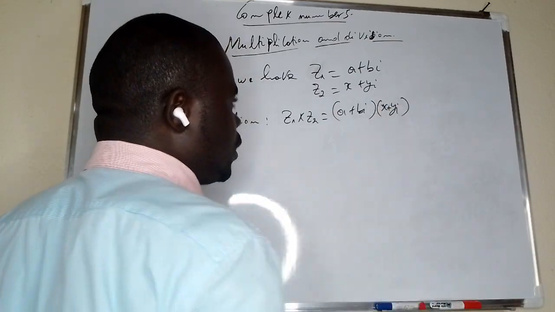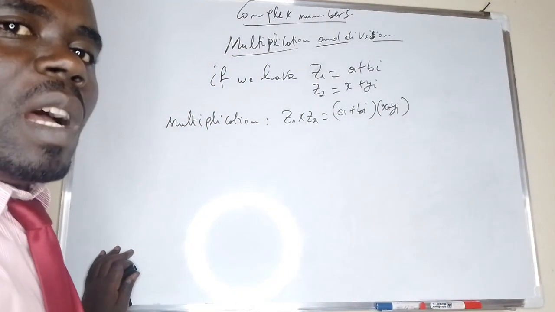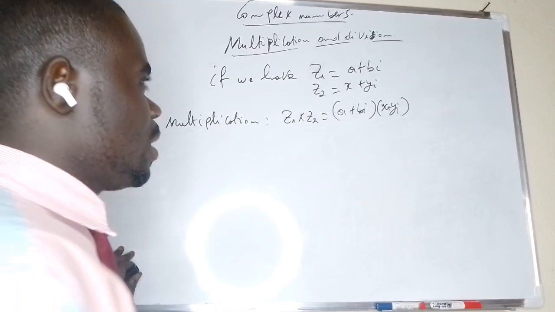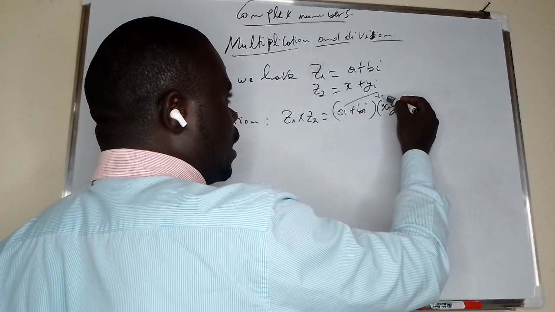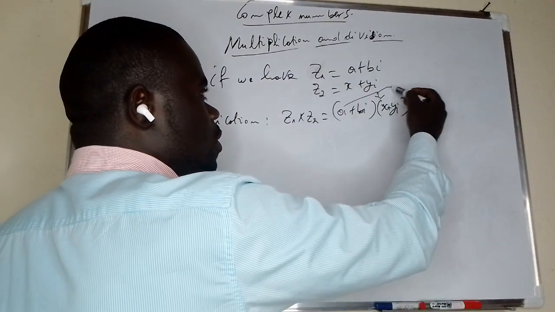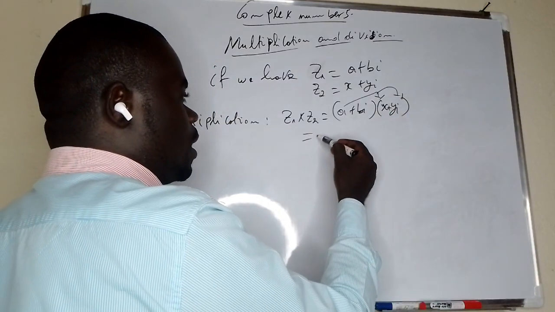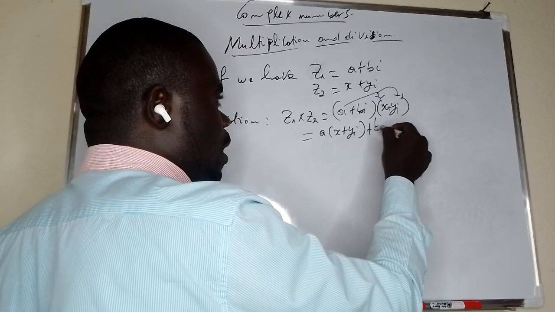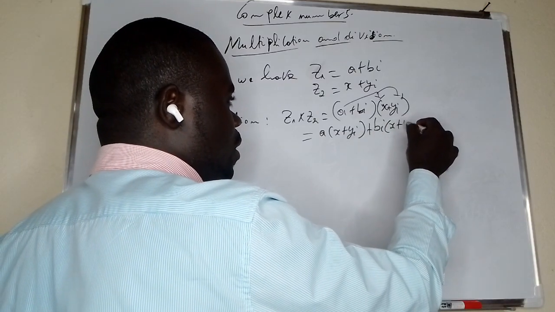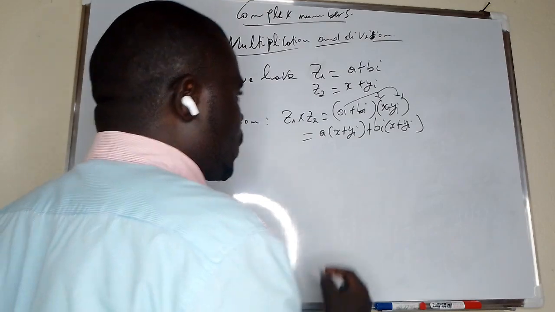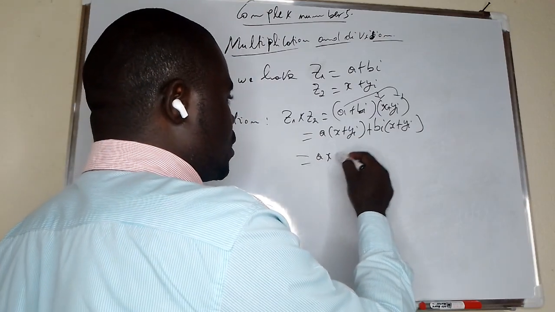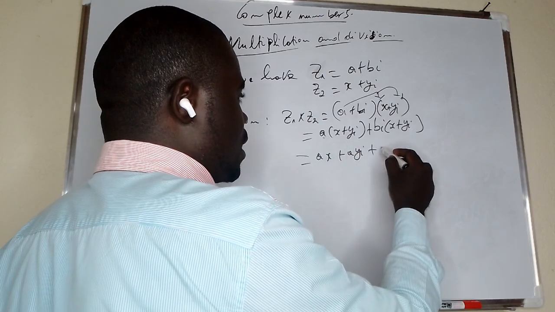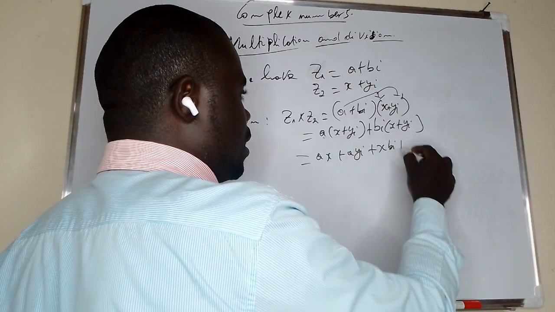You remember that for the addition, normally we add like terms. We add real part with real part and imaginary part with the imaginary part. But here, we take this a, which is the real part, to the whole of z2. So we take a times x plus yi, then we add bi times x plus yi. So it means we get ax plus ayi, this times this, then plus xbi, then plus